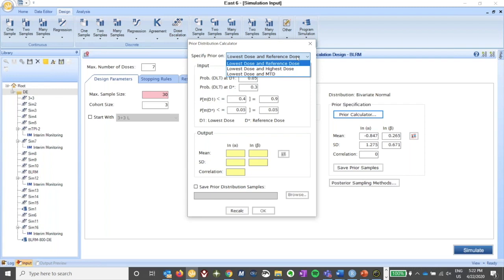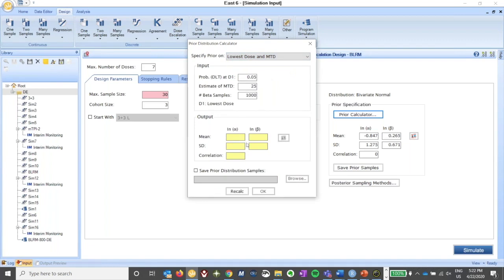So you can elicit from your clinical team either the chance of a toxicity at the lowest dose level and your best guess at the MTD, which could be done in this form, and then you would recalculate and see what that means in terms of your prior distribution. Or you can elicit the probability of toxicity of the lowest dose and the highest dose, or the probability of toxicity of the lowest dose and the reference dose. This is utilizing a methodology that was developed by statisticians at Roche in Welwyn Garden City, Hassan and Kinnersley, which enables us to make this translation from this probability space of the dose-limiting toxicities into the space